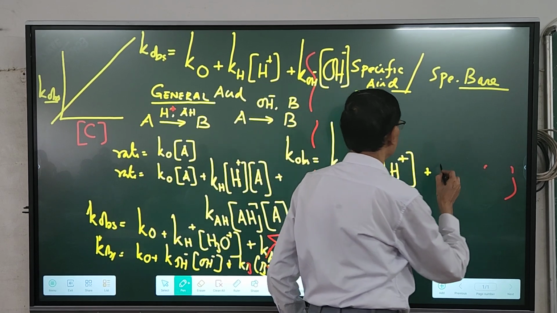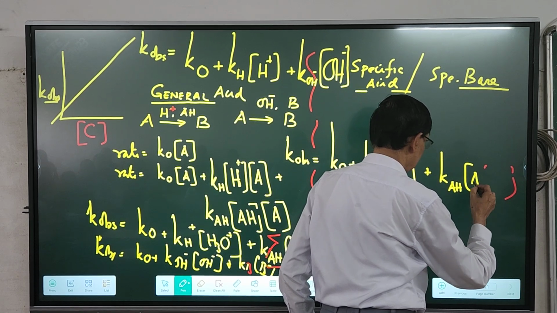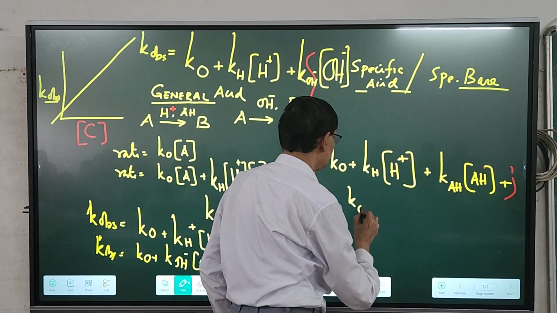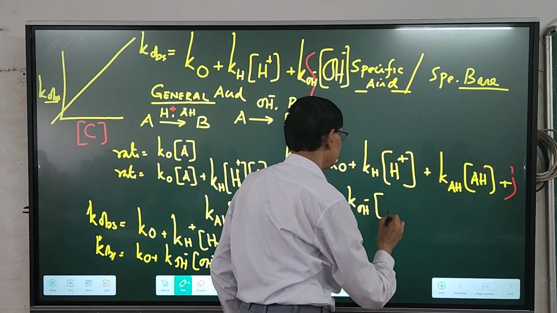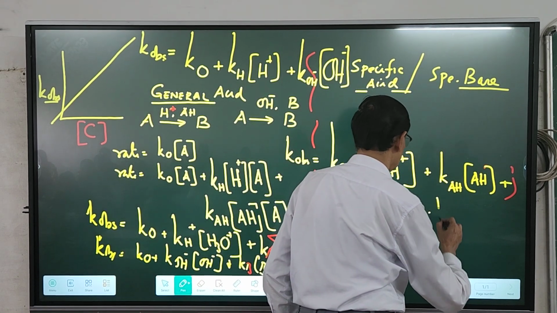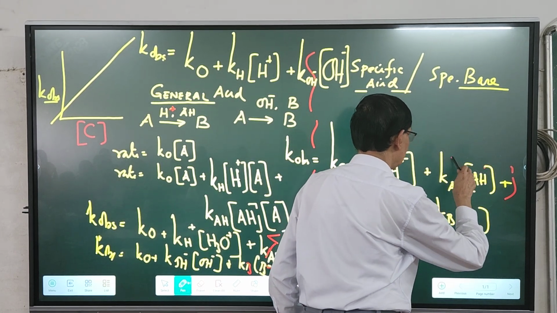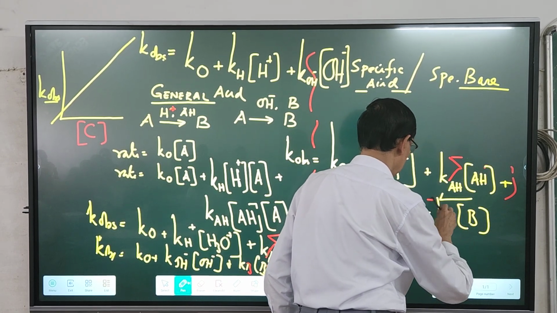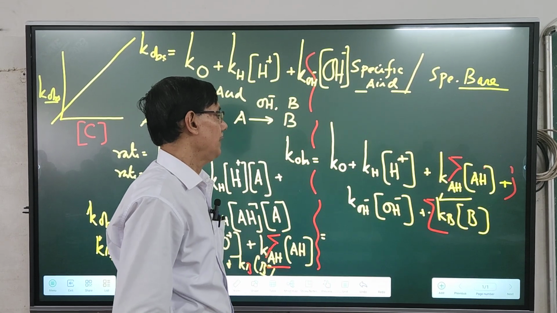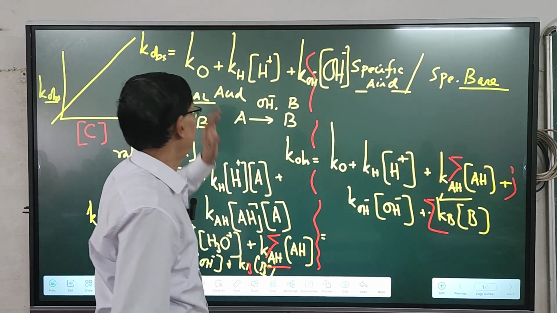So it is a very big equation. K, H, H plus K OH. Just practice, as I always told, practice makes a man perfect. It is so simple. So this is the complete equation of this general acid-base catalysis thing. So now the last part is that